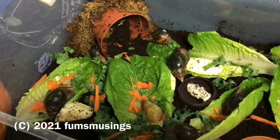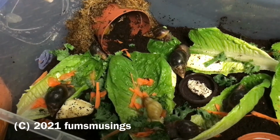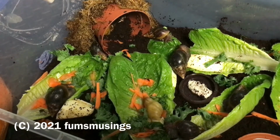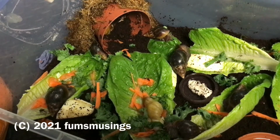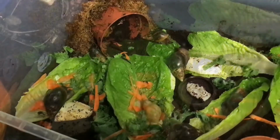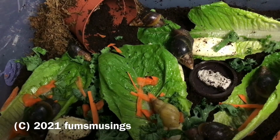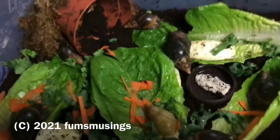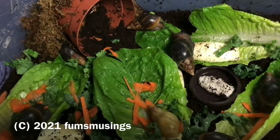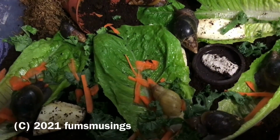I've got to top up the soil a little bit more as well. It's deep enough for them to burrow in, but I prefer them to have a little bit more, so they can, if they wish to, bury right under. At the moment the tips of the shells still stick out, so it's nearly deep enough, just not quite, but I ran out of substrate. So I'm going to get some more substrate and another plant pot, but for now this is their new